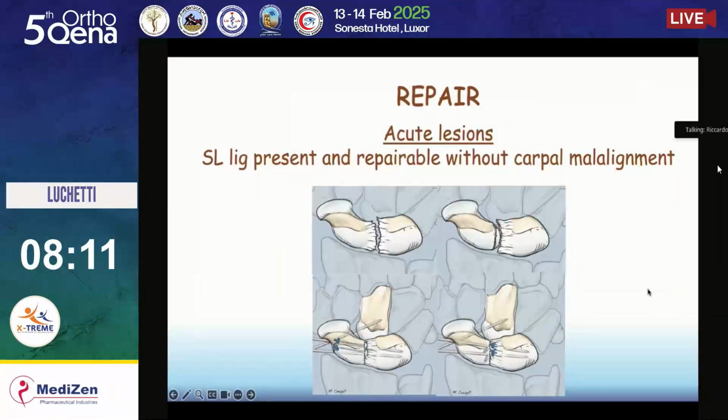Repair. Which kind of repair? Repair you can do only when the ligament is in the particular part close to the bone. When the ligament is damaged in its territory, in its continuity, you cannot do any kind of repairing. You can make a suture, but the suture fails, and so you need to make a pinning and also a